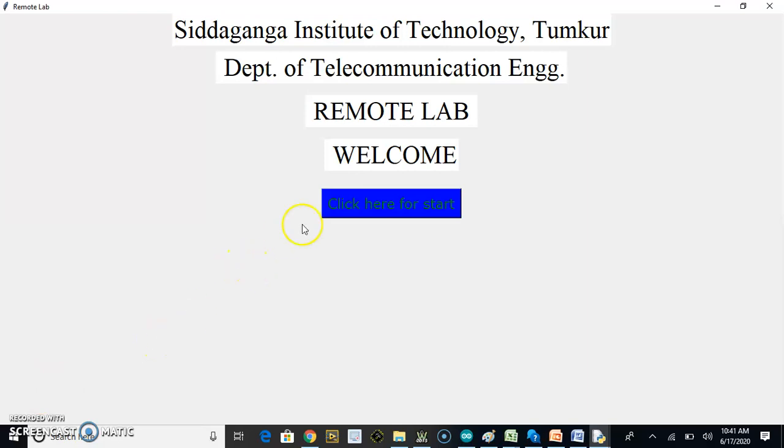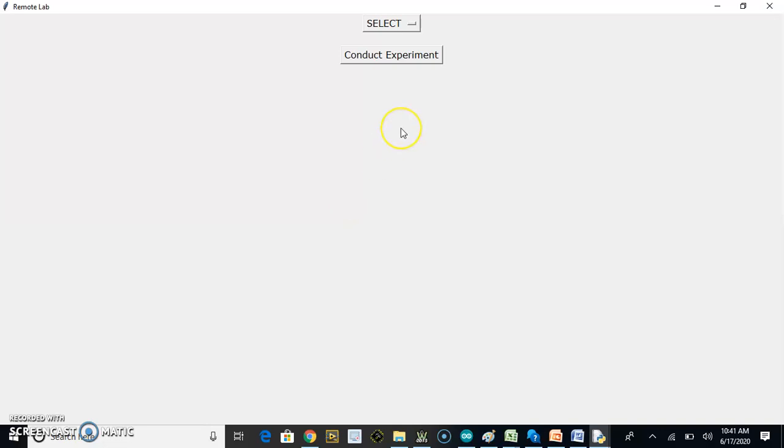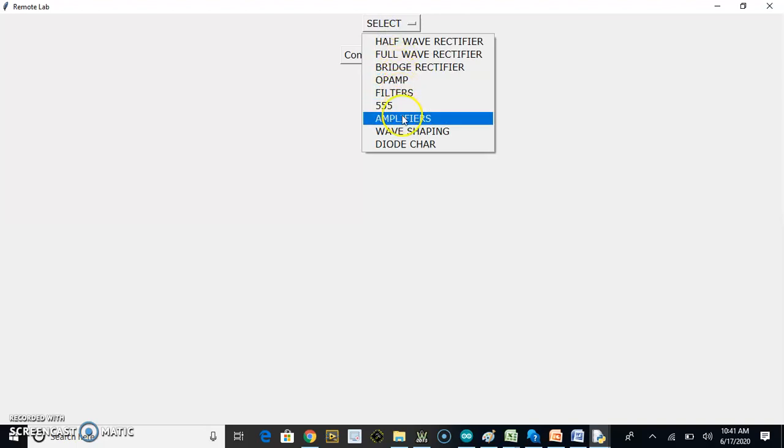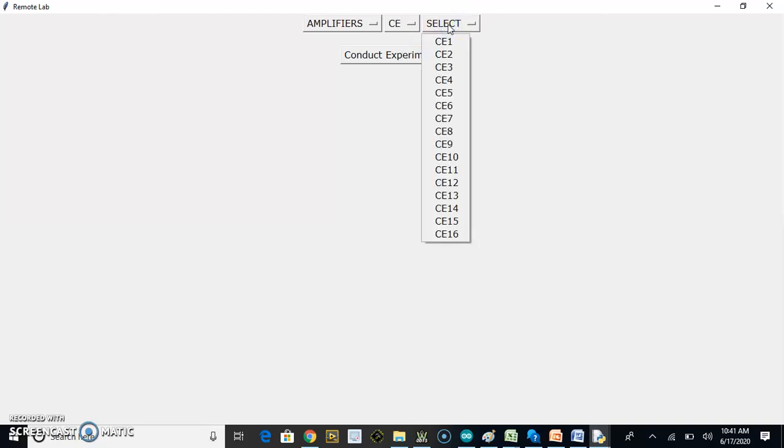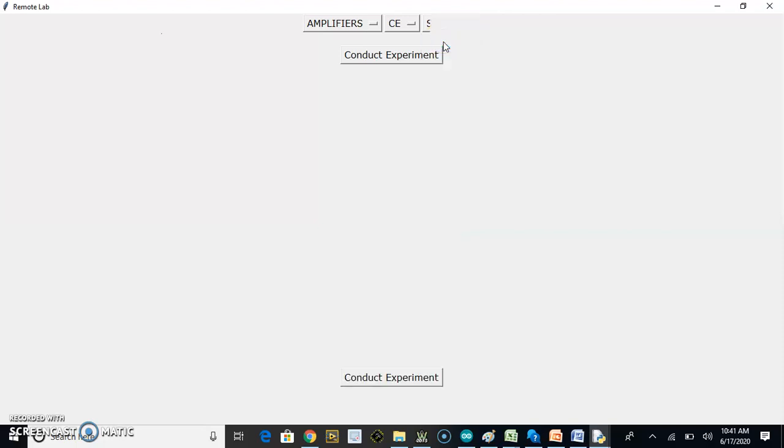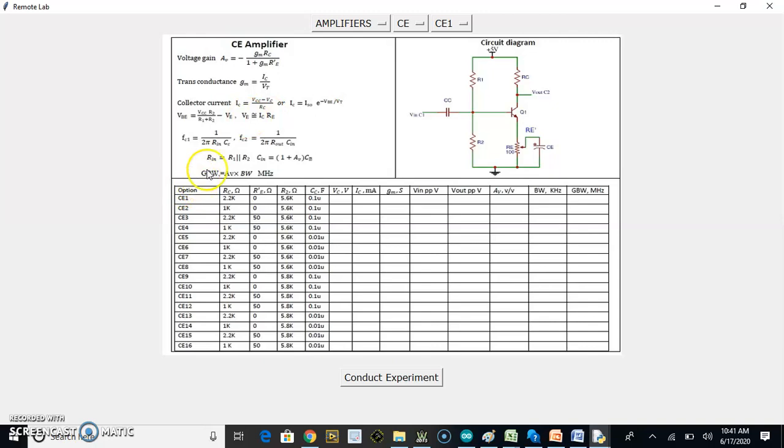To start the remote access, we'll click over here. Since we are looking for a CE amplifier, let us select the amplifiers. In these amplifiers, let us select the CE amplifier. The CE amplifier has 16 different variations. Let us select CE1. Here come the details of the circuit diagram being used in this remote